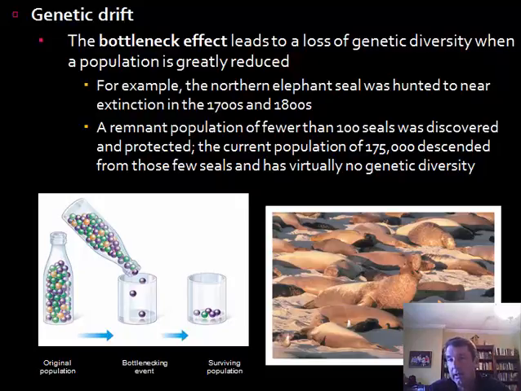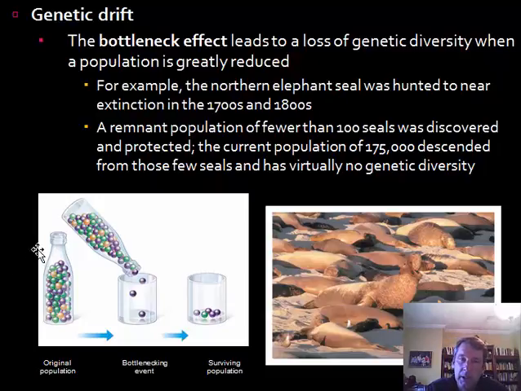When they die, their genes die with them. The few surviving individuals now make up the new gene pool, the new genetic makeup. So generally you're going to have a lot of loss of genes during this bottleneck